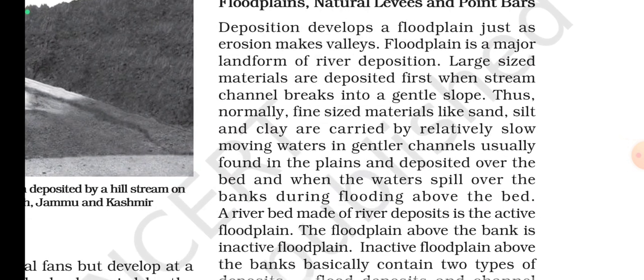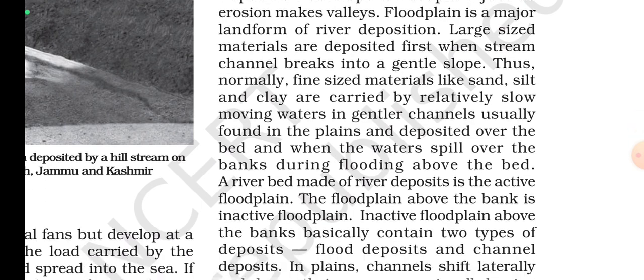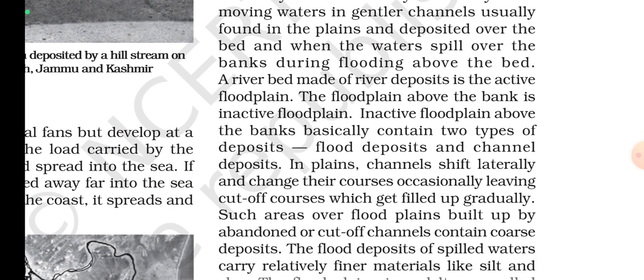So this deposition develops a flat plain just as erosion makes valleys. Flat plain is a major landform of river deposition. Large sized materials are deposited first when stream channels break into gentle slope. Thus normally fine sized materials like sand, silt and clay are carried by relatively slow moving waters in gentler channels usually found in the plains and deposited over the bed, and when the waters spill over the banks during flooding